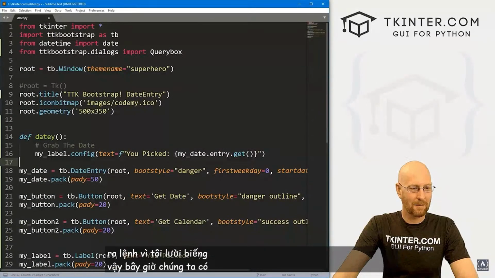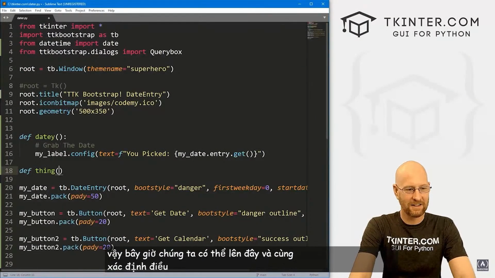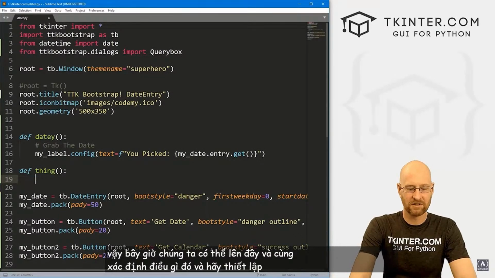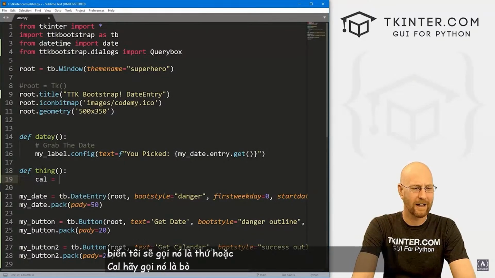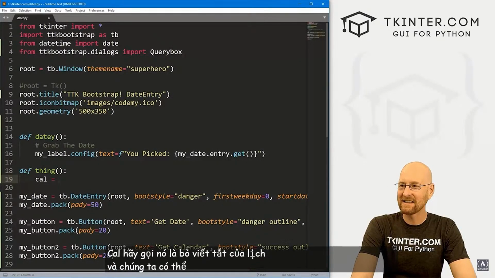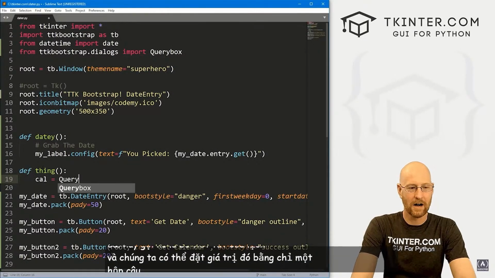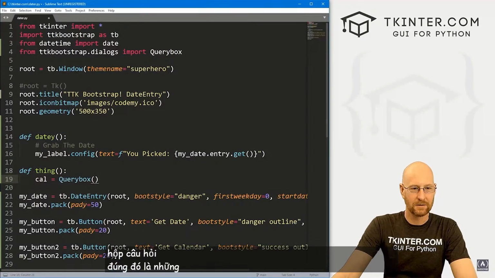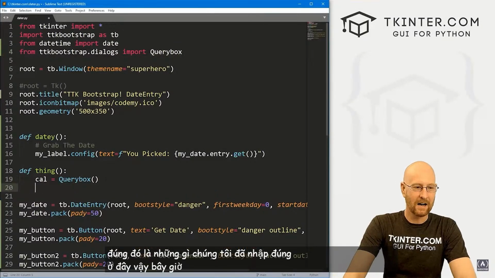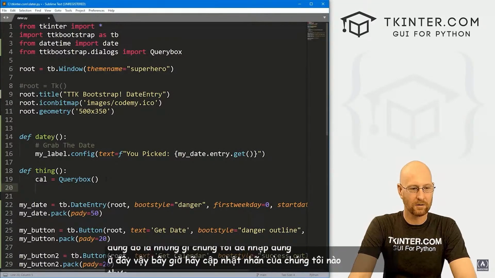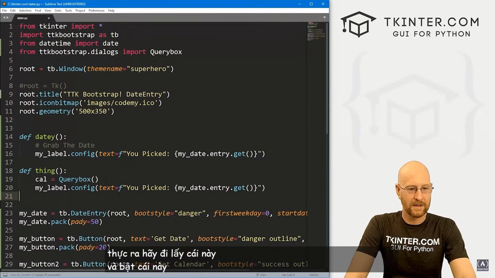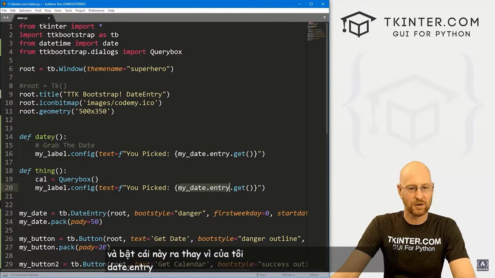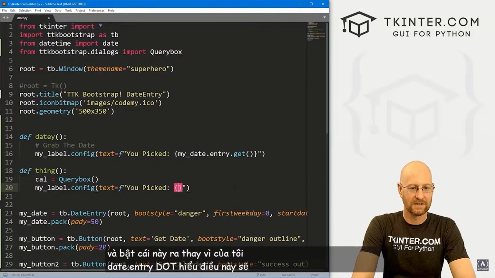So now we can come up here and let's define thing. And let's just set some variable. I'm going to call it thing or cal. Let's call it cal, short for calendar. And we could set that equal to just a query box, right? Which is what we imported right here. So now let's update our label. Let's go, actually, let's just grab this and pop this out. Instead of mydate.entry.get, this is going to be